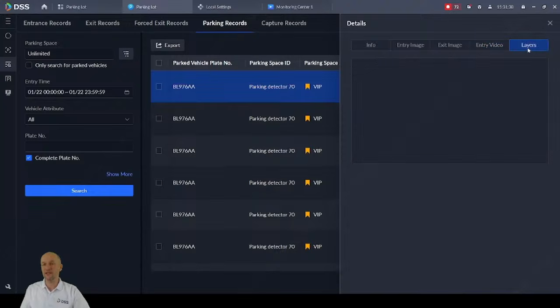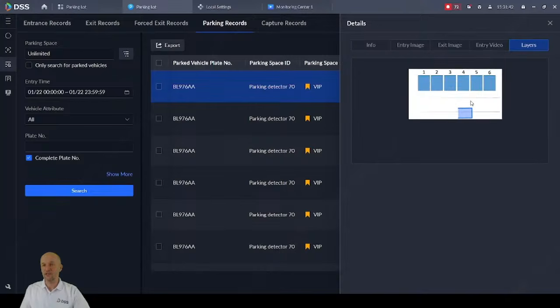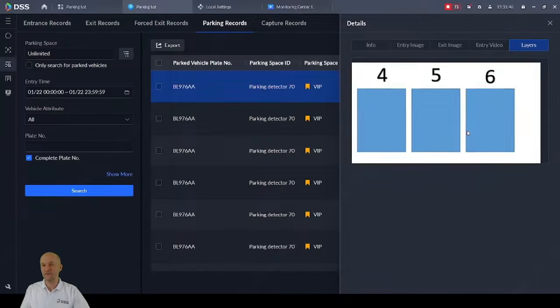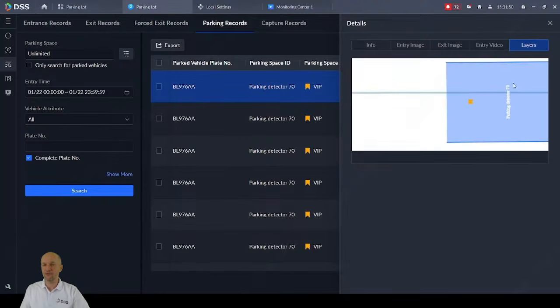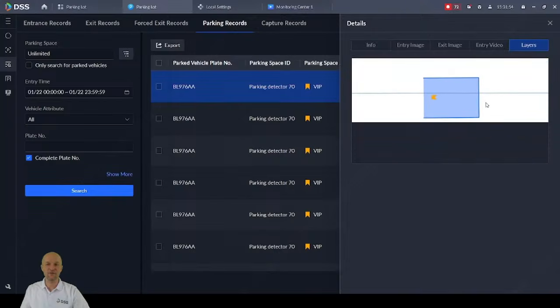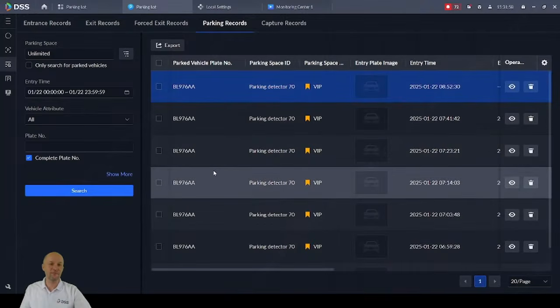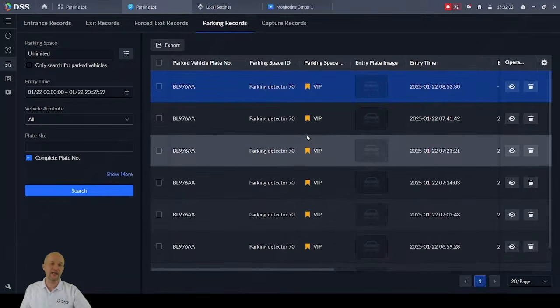Or seeing the layers where this car is spotted. You see this is all empty, there is nothing on those fields, and it's just spotted that this parking detector is occupied, or this space is occupied by this car. So again, very handy, something you can use if you are looking for a specific car in your parking